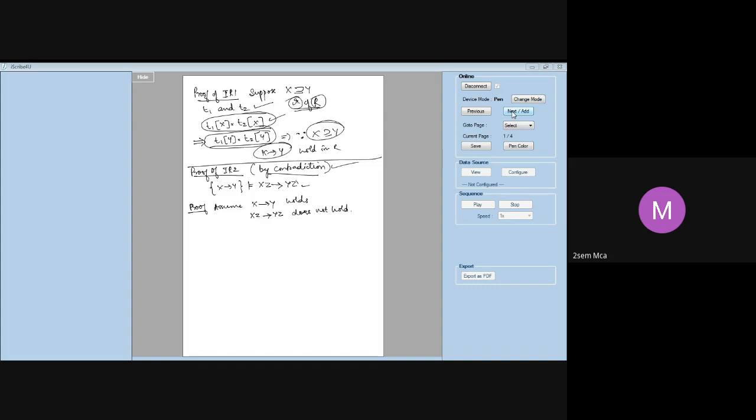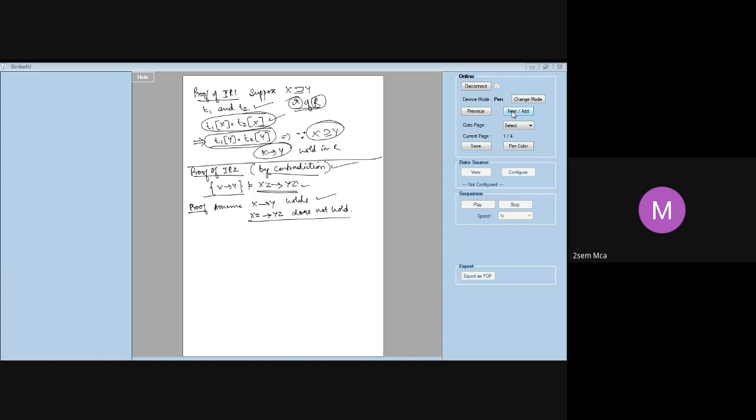The rule says what? Augmentation rule. X determines Y is a functional dependency given, then you should be able to also infer XZ determines YZ. Now I am trying to prove this by contradiction. So what do I assume? X determines Y is holding. It is true. I also assume that XZ determines YZ does not hold. Now, let me start with this. It does not hold, no.